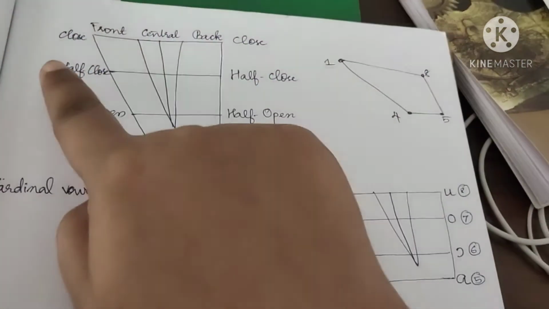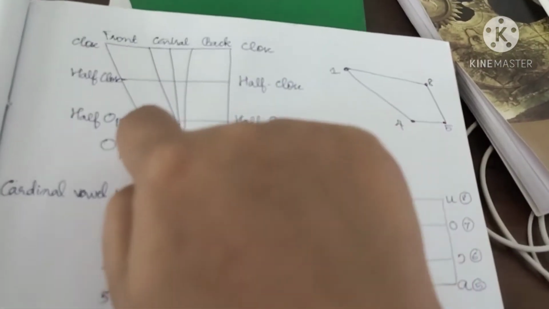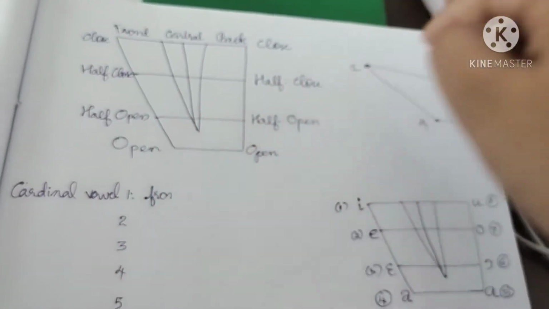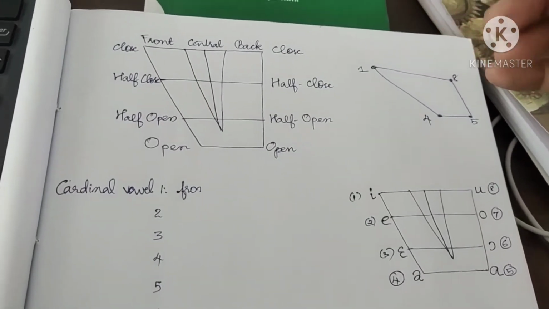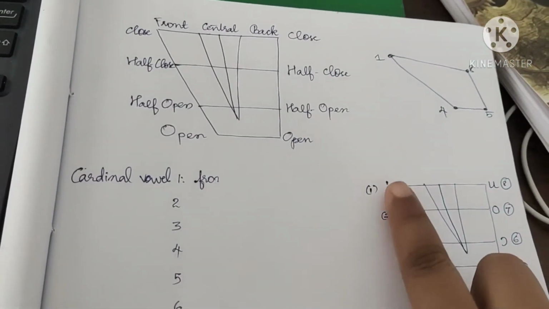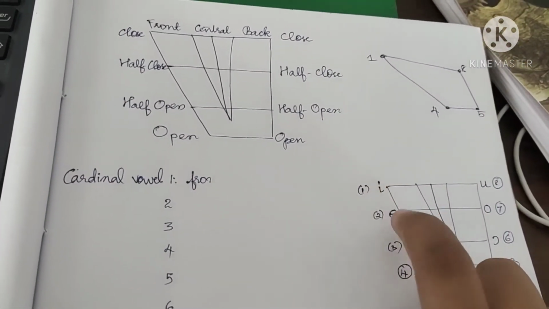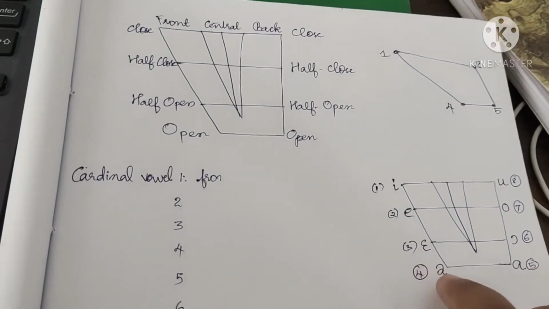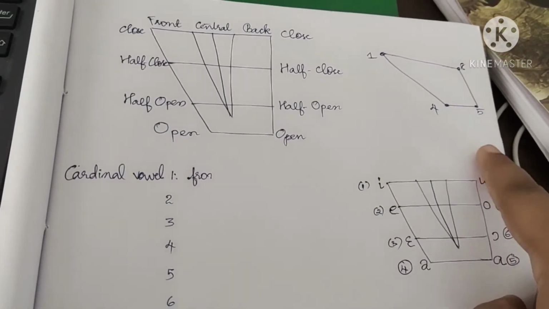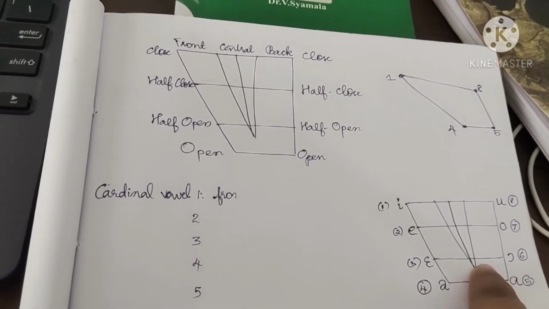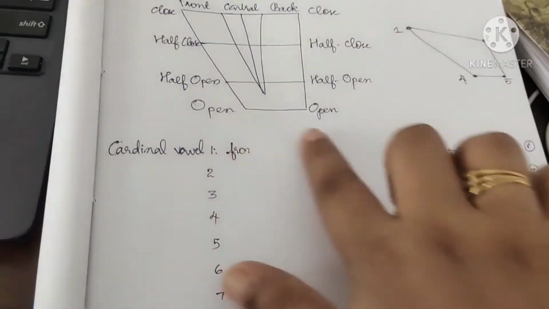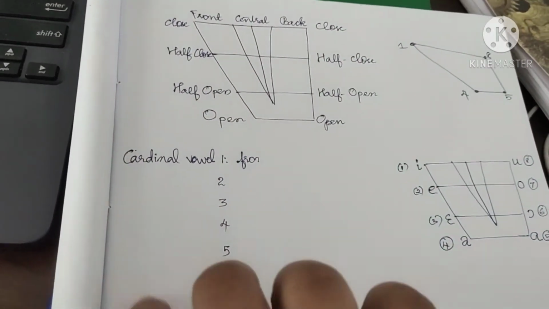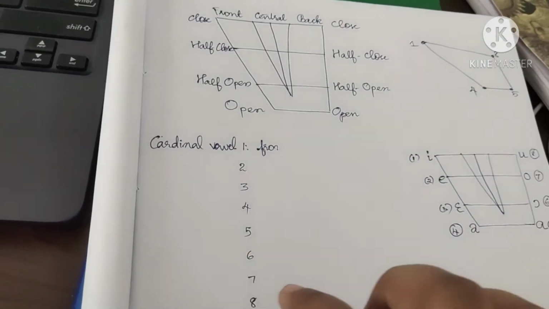Here you can see the diagram we had seen in the last video, which shows the height to which the tongue can be raised, and based on that these are cardinal number 1, 2, and so on. All 8 cardinal vowels are shown here, and based on these positions we will be writing how the cardinal vowels are labeled, the 3-term label of cardinal vowels.